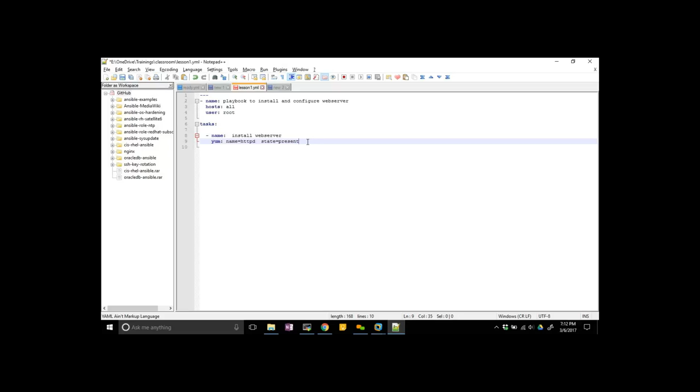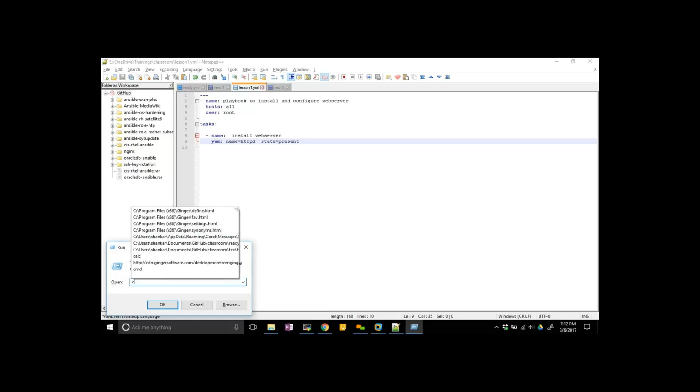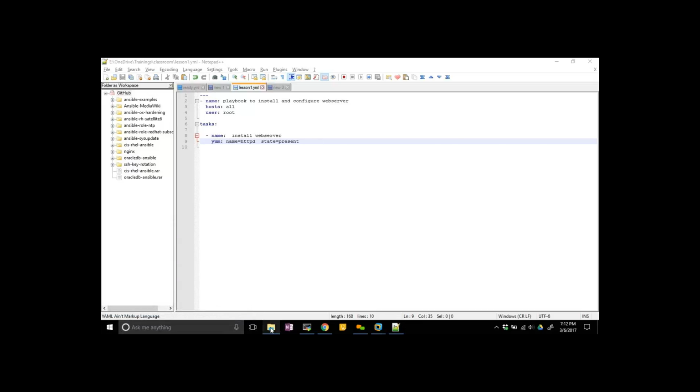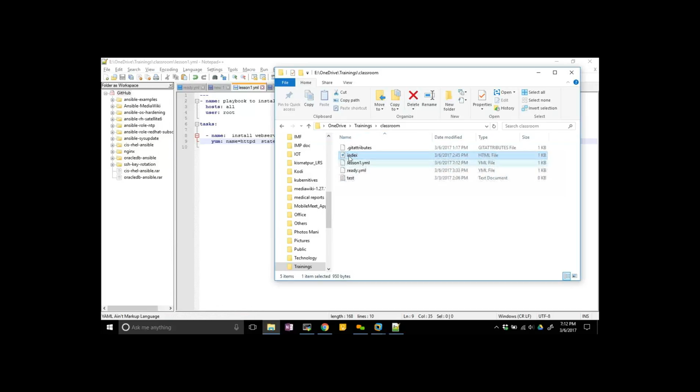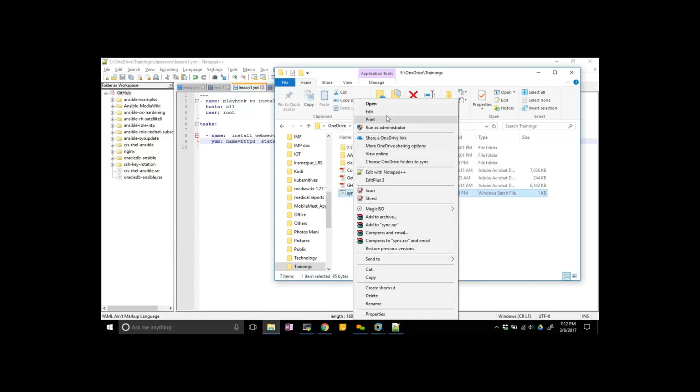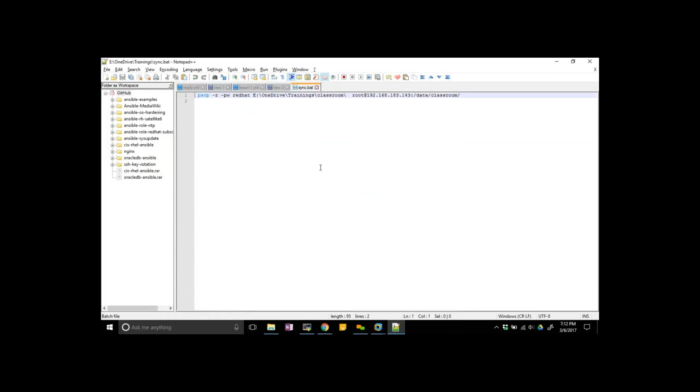Let's run this playbook. I saved it. I'm using a script here, and I'll show you the script. This is my script: pscp -r, and the password is Red Hat.